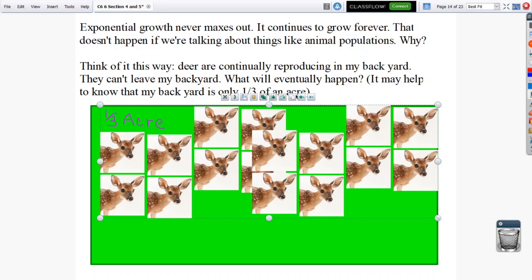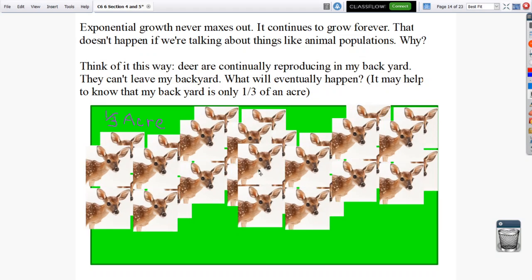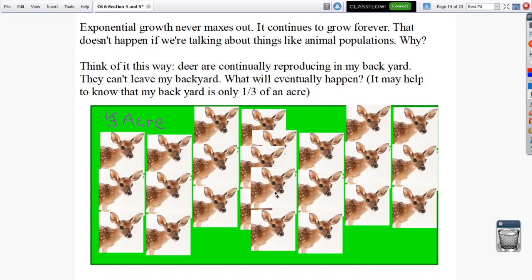And pretty soon, I'm going to have deer on top of deer, on top of deer, on top of deer. I'm going to run out of space. So what actually happens when we're talking about exponential growth, you have this concept of